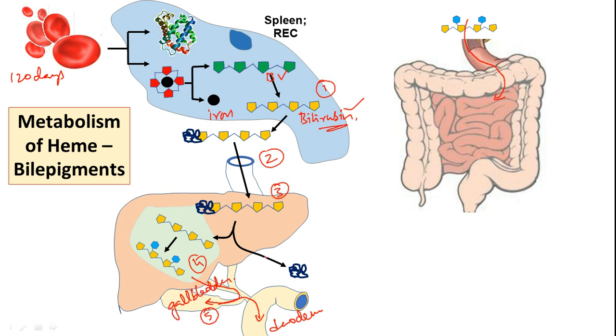Okay, so upon entry of the diglucuronide into the intestinal tract, the first thing that happens is hydrolysis, so that bilirubin will be released and the glucuronic acid units will be cut off. The intestinal region is enriched with so much microbial flora. The microbial flora will further chemically modify bilirubin to obtain urobilinogen. Urobilinogen is a colorless compound, and now something interesting happens. So bilirubin is converted to urobilinogen.